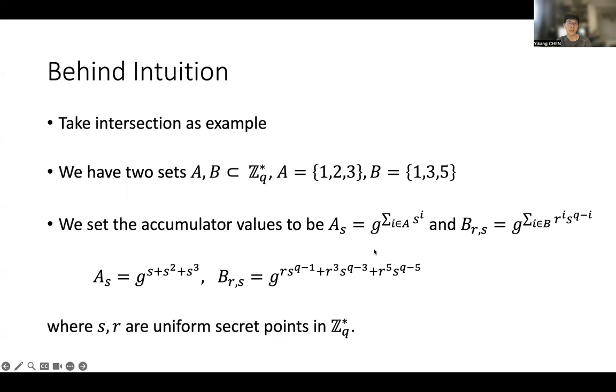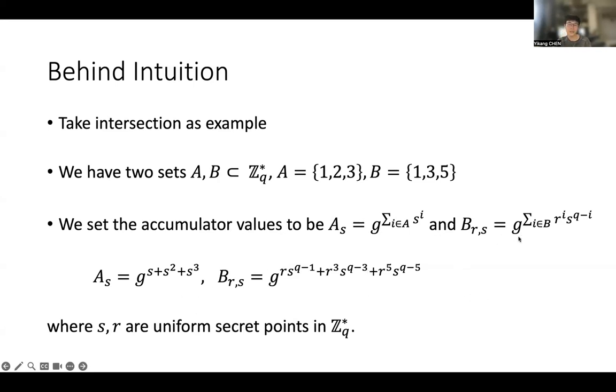Our accumulator is constructed by this equation. The digest of set A is g to the power of (s + s^2 + s^3). And also for set B, we do this.